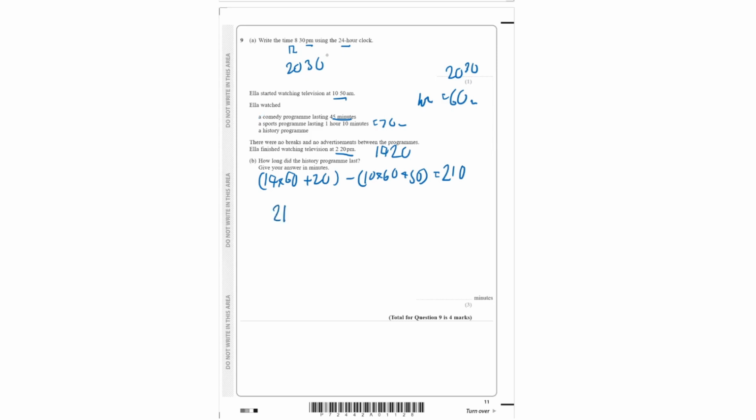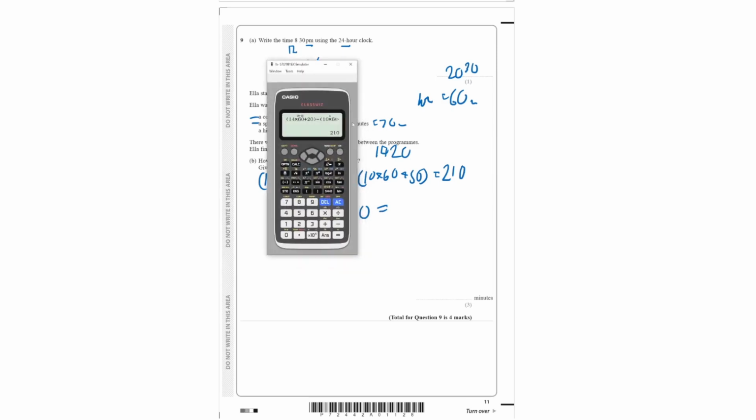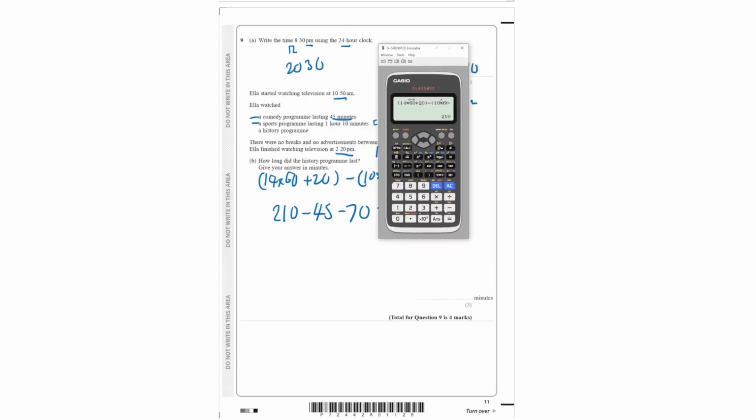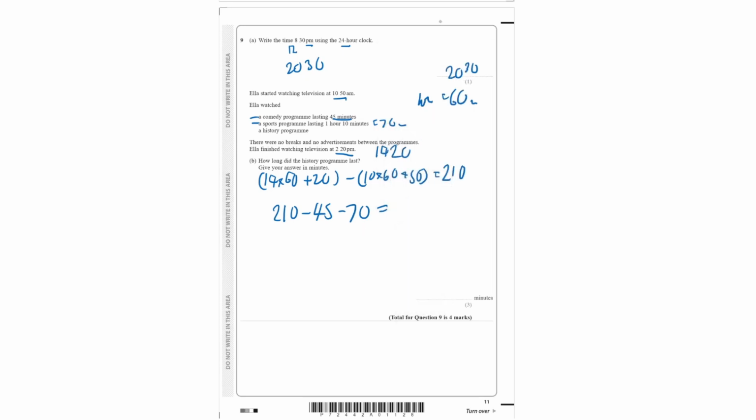So we can write here 210, which is the total. Subtract the comedy program, so 45. Subtract the sports program, which is 70 minutes. We can then get the duration of the history program. So if we use our calculator here, we simply have 210 minus 45 minus 70, which gives us 95 total